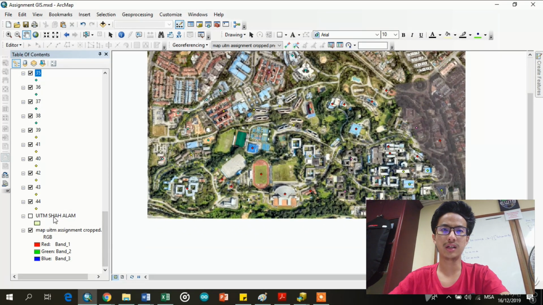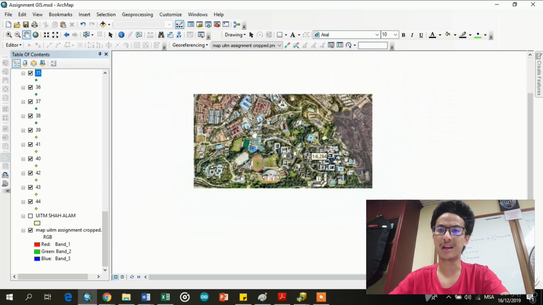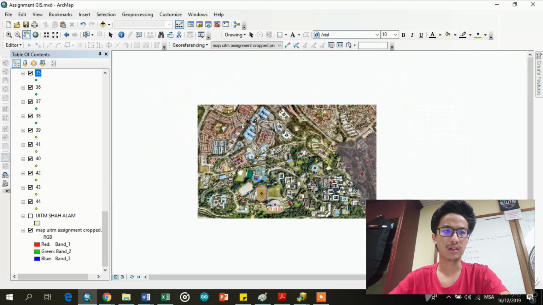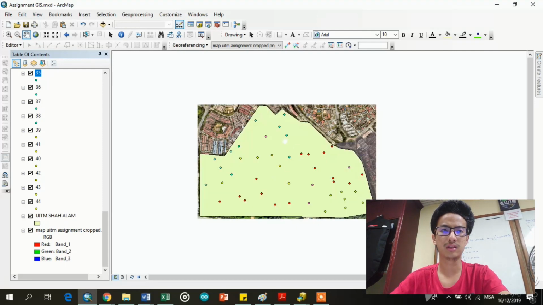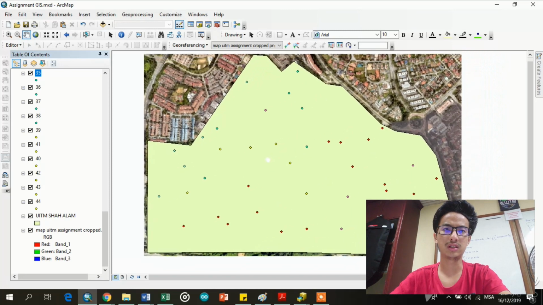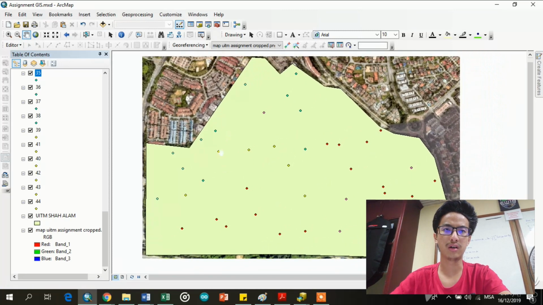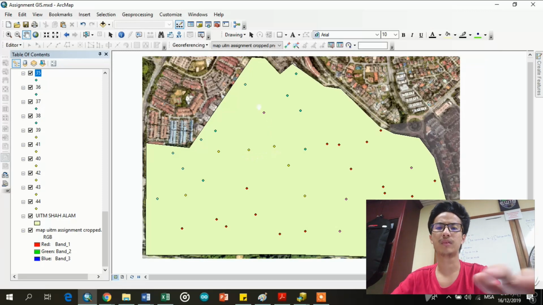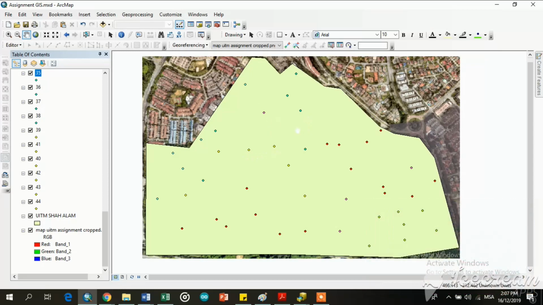For the UiTM Shah Alam, we can create another polygon where it can indicate the location of the UiTM campus. This is the boundary between the outside and the inside of the campus. We can see that this is the location, the points of the waste bins that are located in the UiTM.